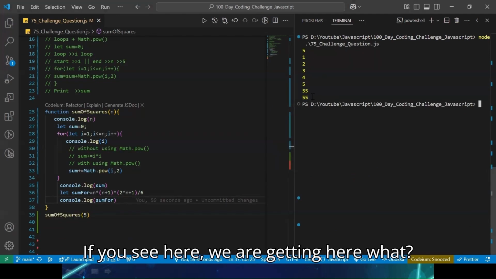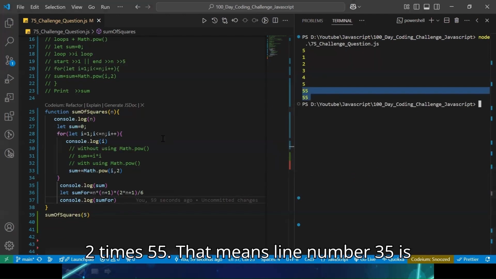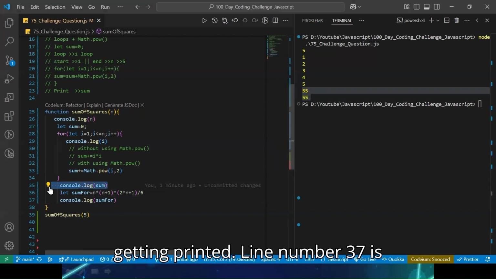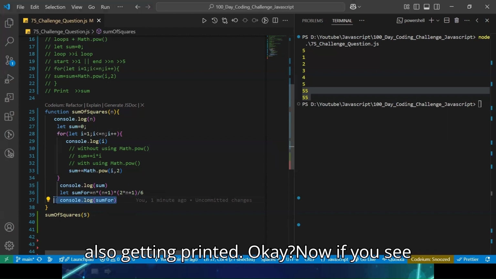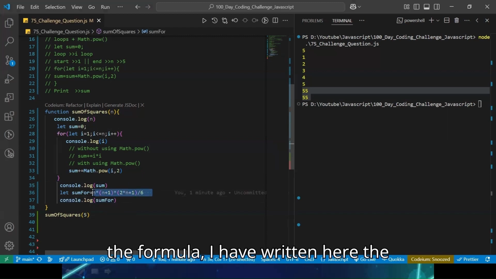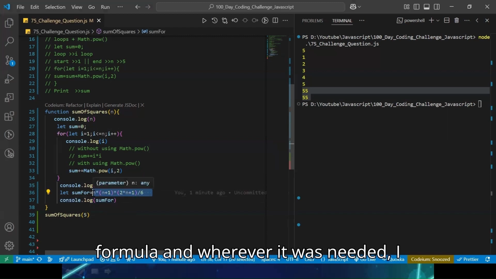If you see here, we are getting 2 times 55. That means line number 35 is getting printed. Line number 37 is also getting printed. Okay, now if you see the formula, I have written here the formula, and wherever it was needed, I have